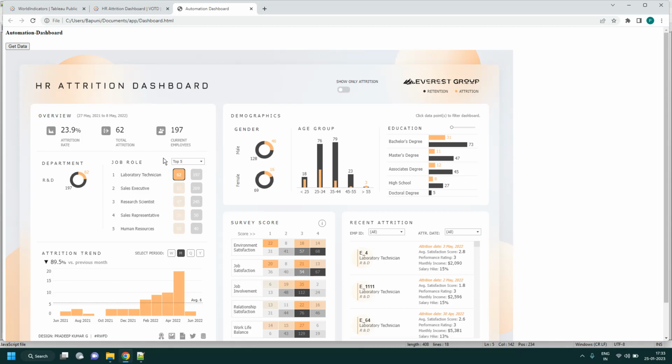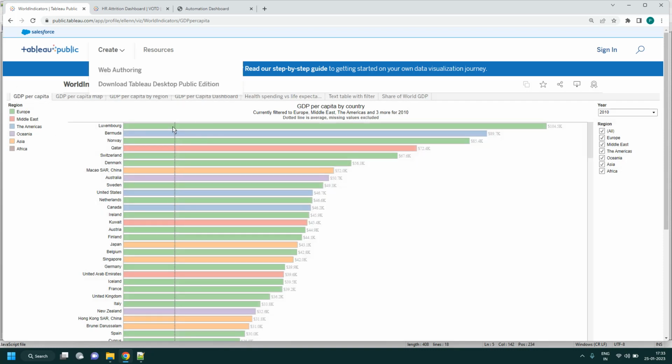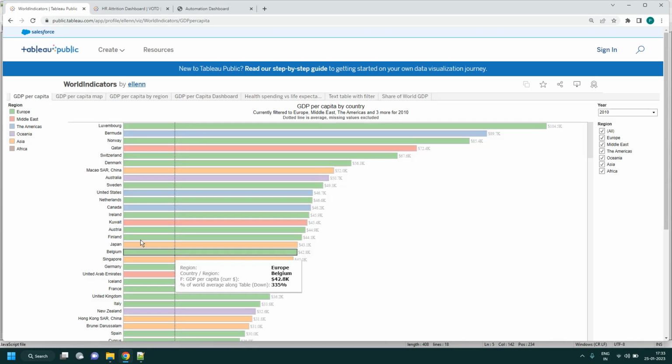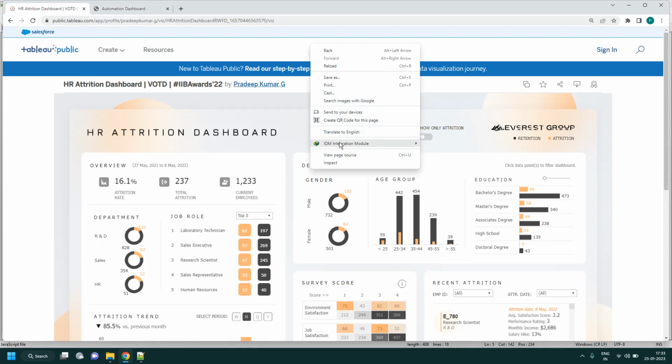In order to get the data from these sheets, each section on this page is a sheet. Because it is a good example of a Tableau dashboard, I am not taking this one for our demo, because everything is inside a single sheet. So that's why I'm ignoring it. I'll be taking the example of this one. If you click here and inspect,